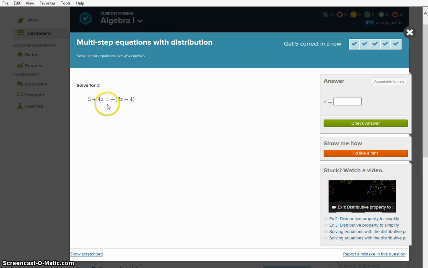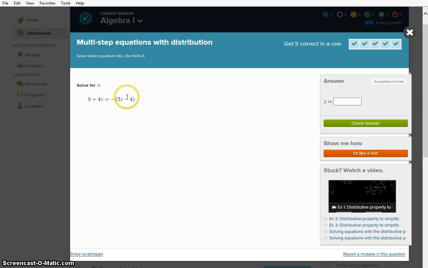So how I solve for this, I want all of the variables on one side and then all of the numbers on the other side. So if I have a negative 2z here, I want to make it a positive because it's just easier to look at. So I'm going to add 2 on both sides to cancel out my negative, and I'll get a 6z on the left side and the 5, and then the positive 4. So I'm also going to subtract the 5 over here with my positive 4, and I'll get a